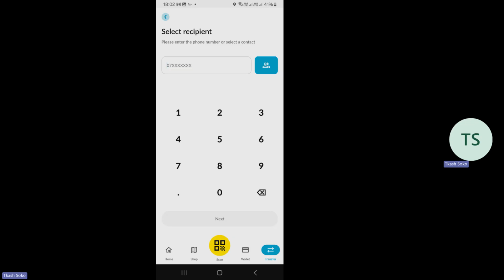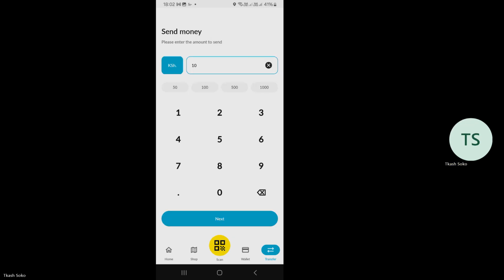The other option of transfer would be the withdraw cash. Under which circumstances do you withdraw? You might need the money in cash, maybe to go shopping, to buy from a certain trader who only accepts cash, because there are shops that don't accept, but I think they are now few. There are shops that maybe don't accept payment by M-Pesa or T-kash. So for them, maybe the only way of accepting payment is by cash. So you can withdraw also.